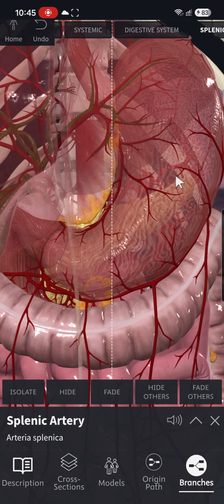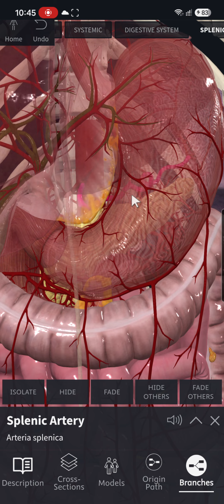Then as we can see, the splenic artery moves above the pancreas, okay? And it's also to be noted that the splenic vein will accompany the splenic artery, but it's going to be behind the pancreas. So the splenic artery is above the border of the pancreas, and then the splenic vein is behind the pancreas,